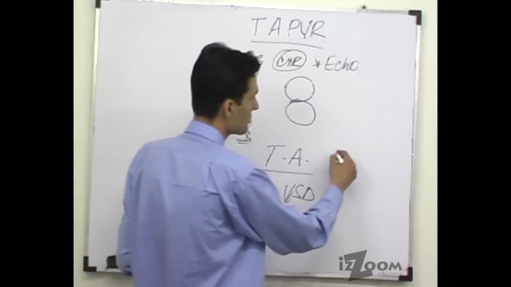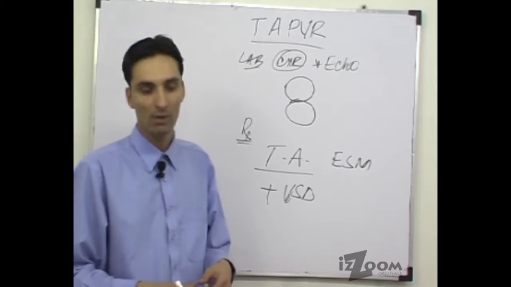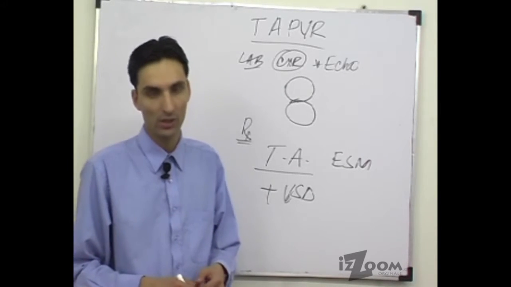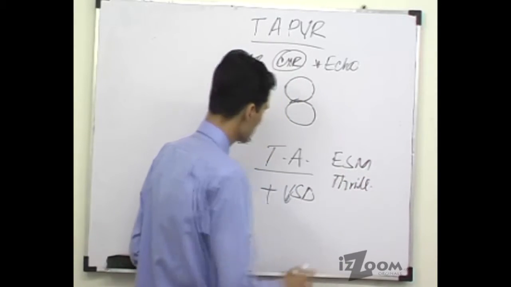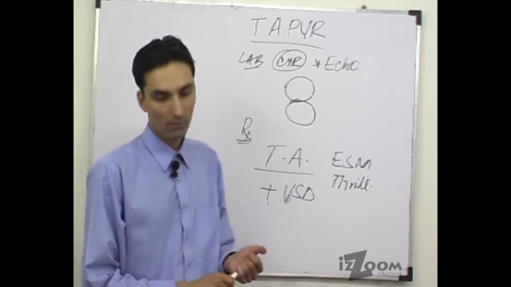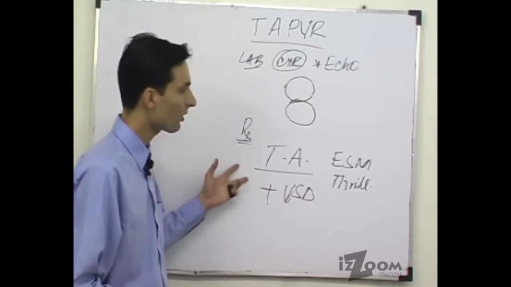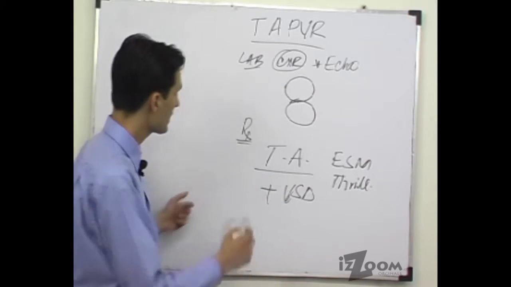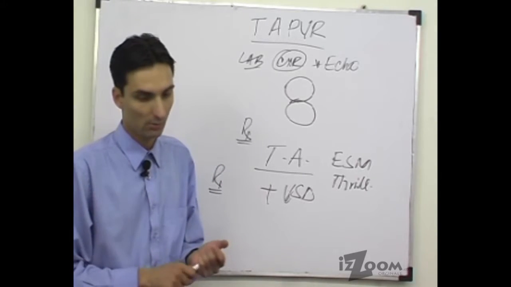In addition to cyanosis, an ejection systolic murmur can be observed in these patients on examination, which is often associated with a thrill. It can be confirmed by an echo, and it is treated by surgical correction as soon as possible in these